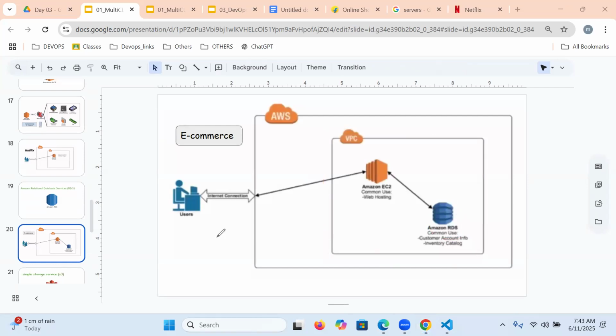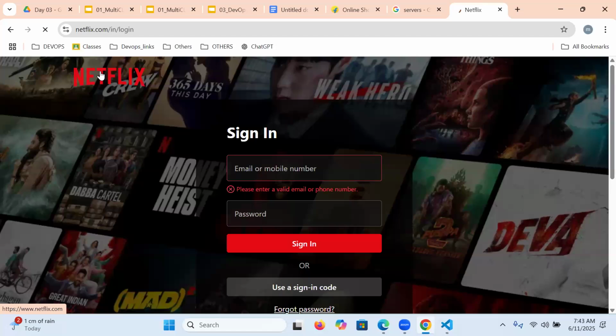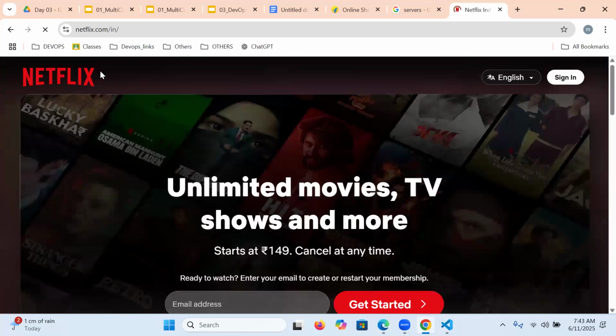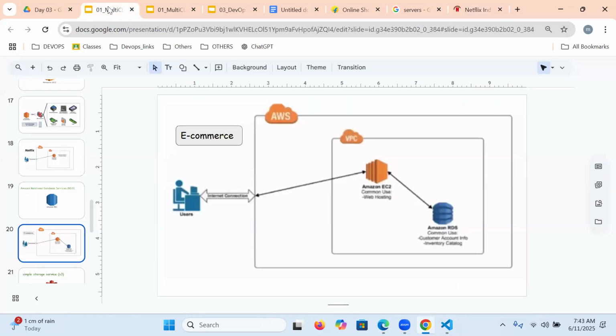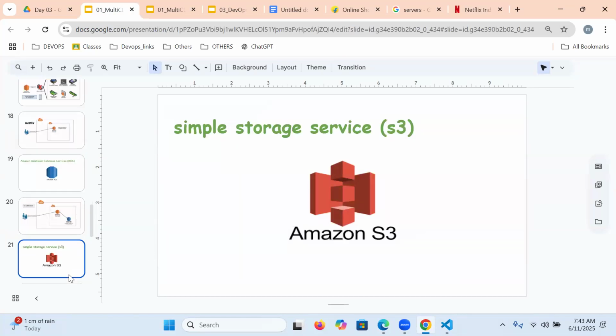Very good, excellent. But the question is, sir, why are we using Netflix? For browsing movies and web series. If it is a Blu-ray printed movie, it is more than 6 GB of file. Can we insert that into the database? A 6 GB file? No. That's why we rely on a third-party external storage like Simple Storage Service.